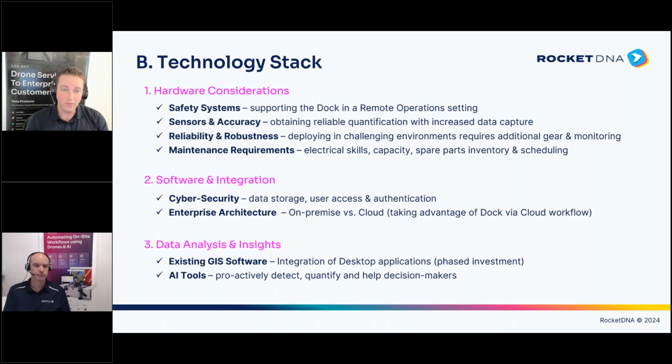Then it's considering, in an enterprise, for our tier 1 and tier 2 customers, how do these systems integrate with the rest of our technology and infrastructure as well? So looking at these large customers, you've got to be able to answer and tick the boxes around cybersecurity, and understand what is the correct architecture that's going to solve the problem, when we talk about on-prem versus cloud, because while the dock is inherently built on a cloud platform,